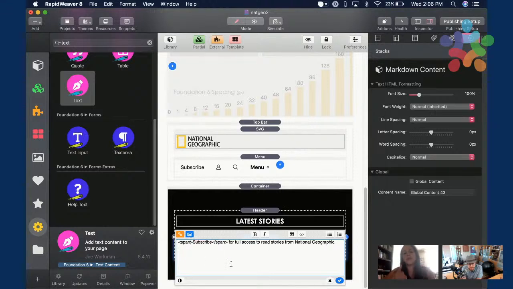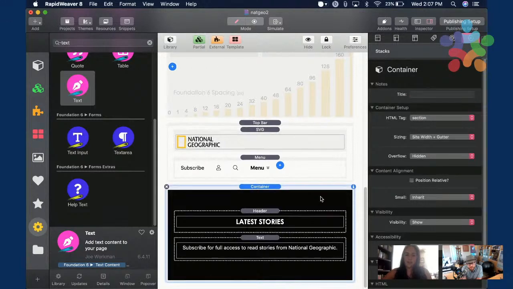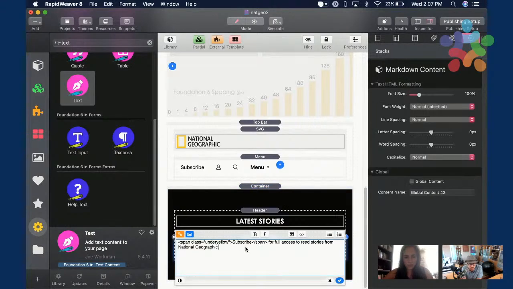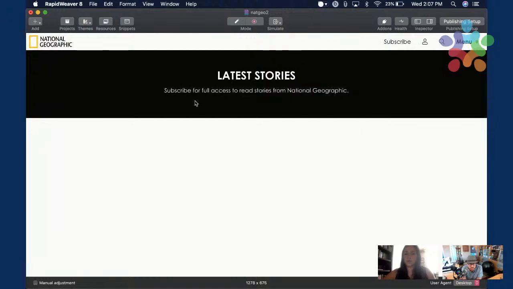So right after the span word, I put a space and then class equals, and then name it my class. So under, I forgot the quote, under yellow, and then I close my quote, and then I close that tag. And this stays the same because this is just telling the HTML to end that span. So you probably won't see it on edit mode or preview.